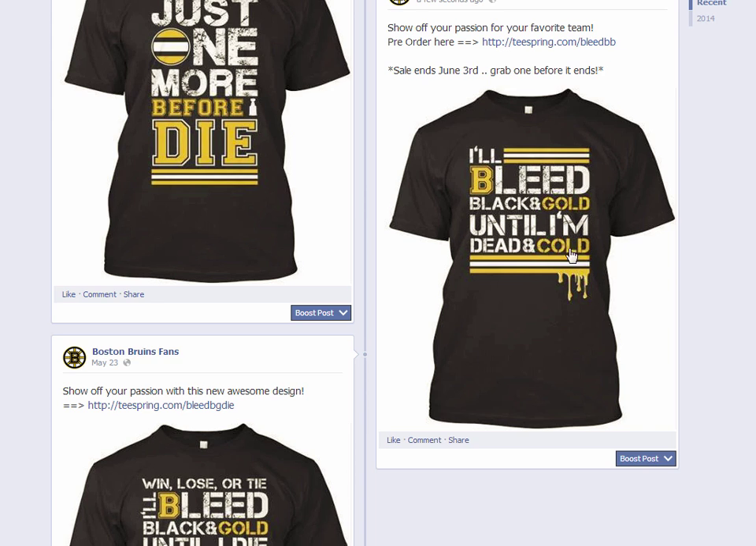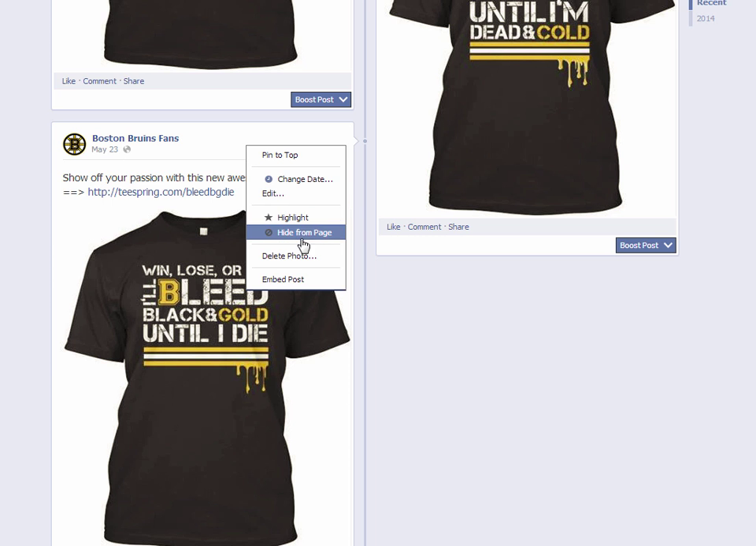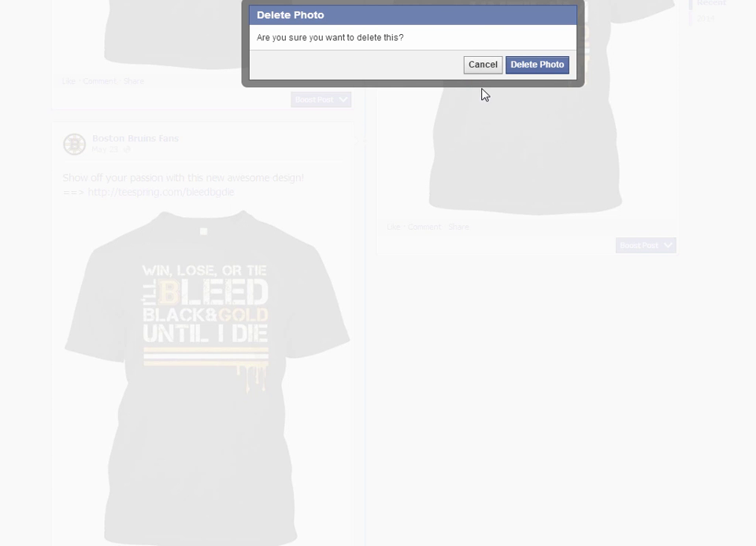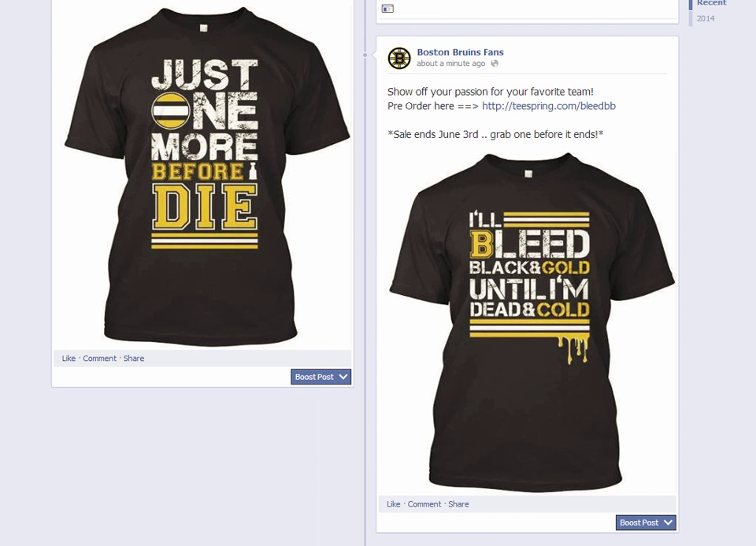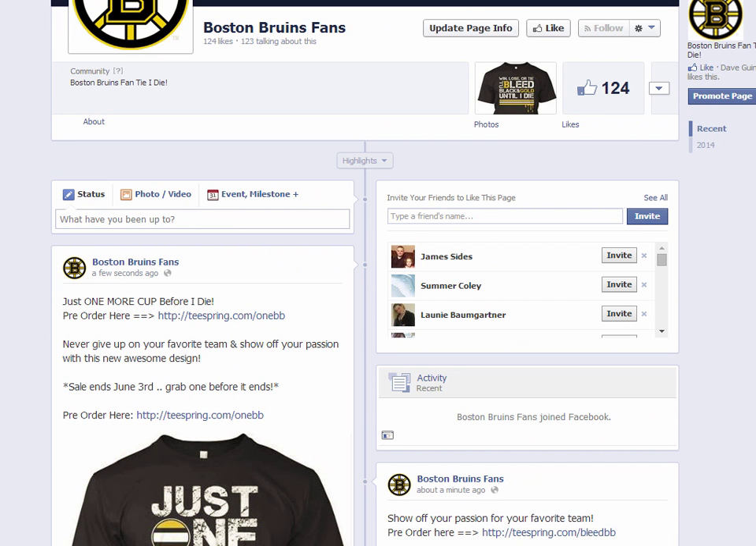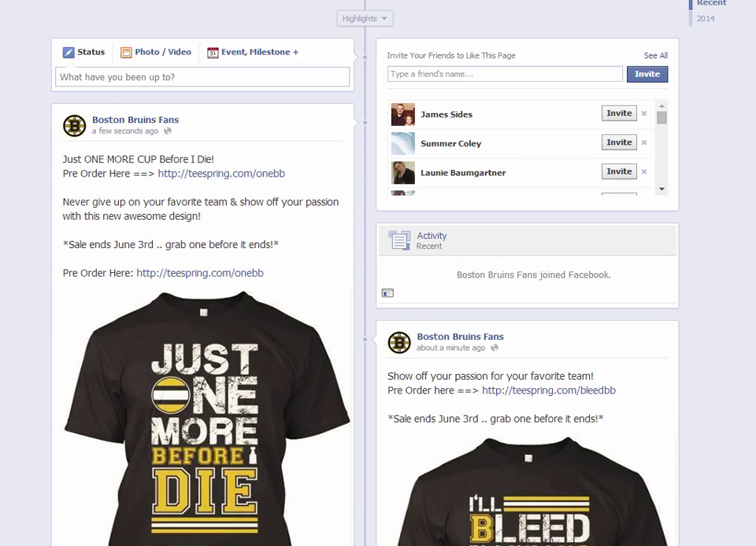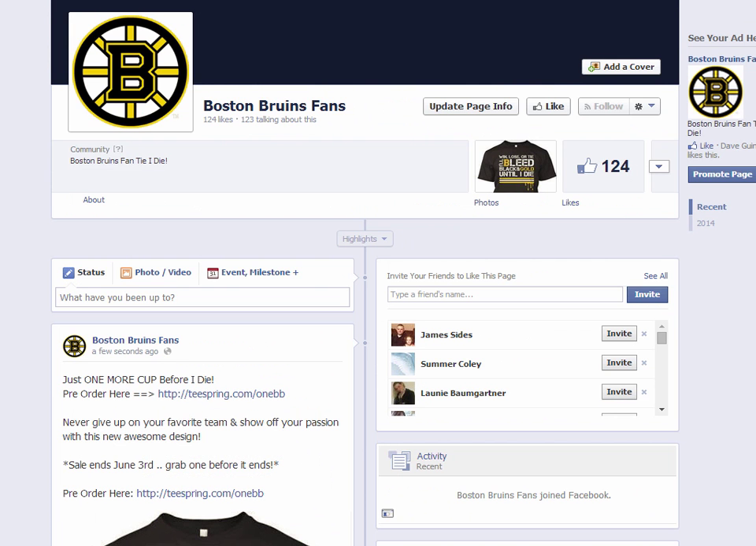And I do have my older one there that was incorrect. I mentioned that I kind of messed up with this one and I put tie in there where NHL don't have ties anymore. So I'm just going to click here and hide this from the page. Actually, I'm going to delete the photo altogether. Get rid of it totally, so I don't want it on there, so they can just see those 2. I do have 124 fans on this page, so those people will actually see those shirts. It's not really that much of an audience, but